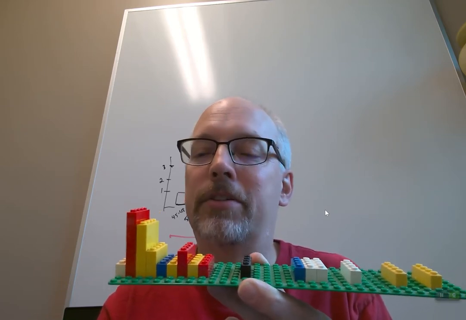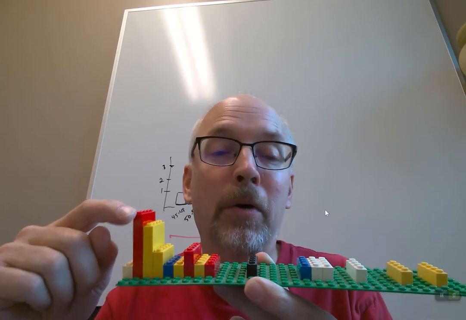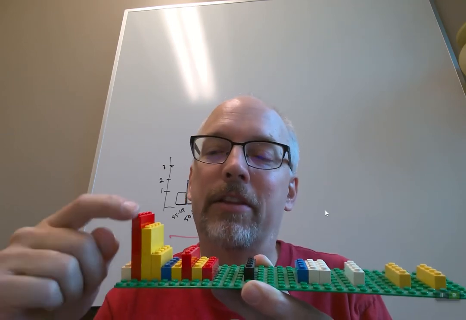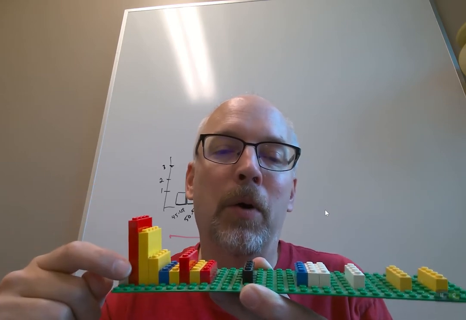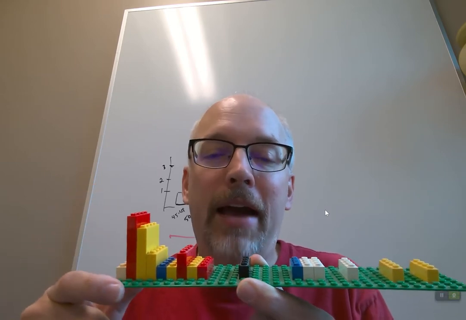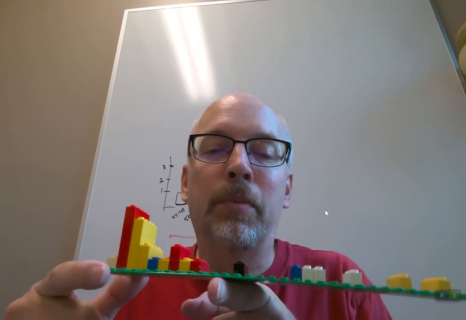It's very not symmetrical. Of course, the mode would be the tallest stack, where I've got the most values in this one bin, so that's going to be our mode. And then the mean is the balance point. It's the point where your